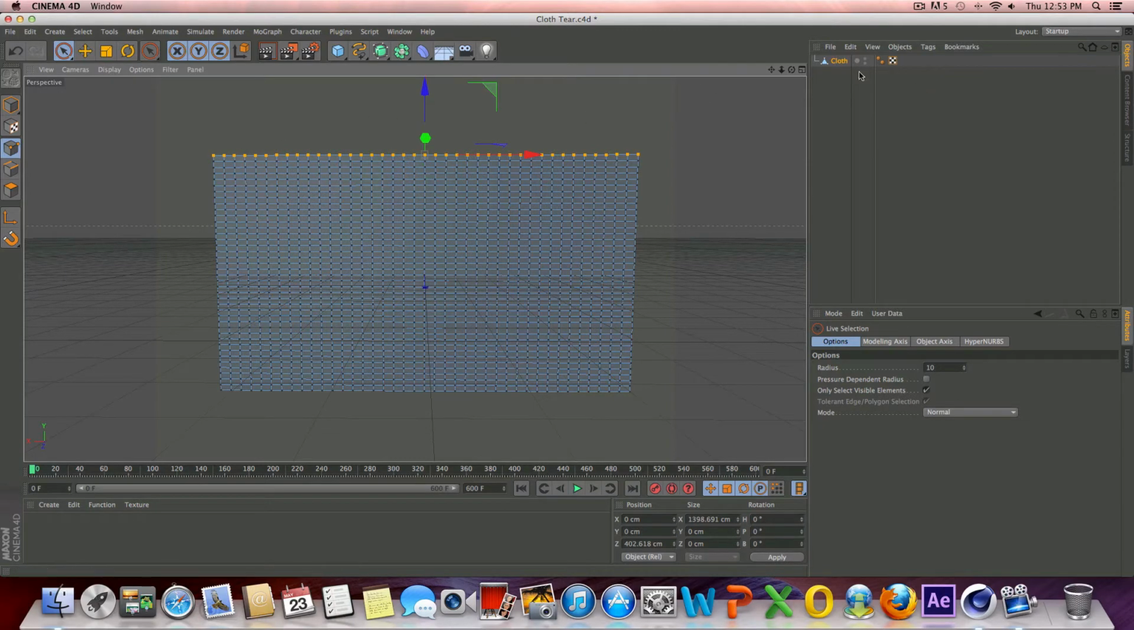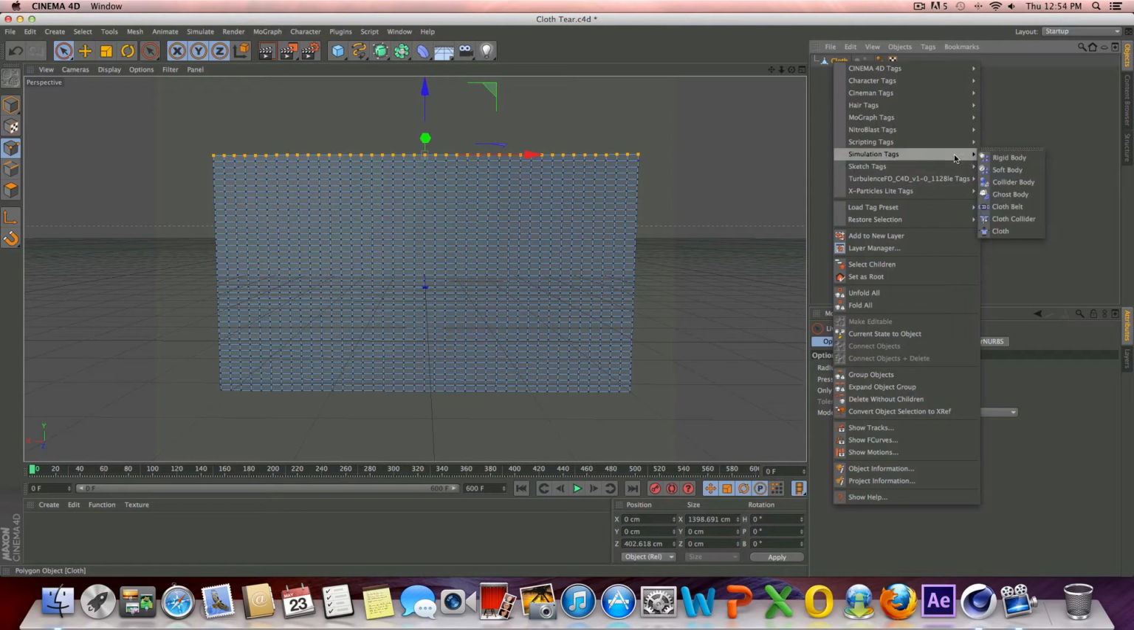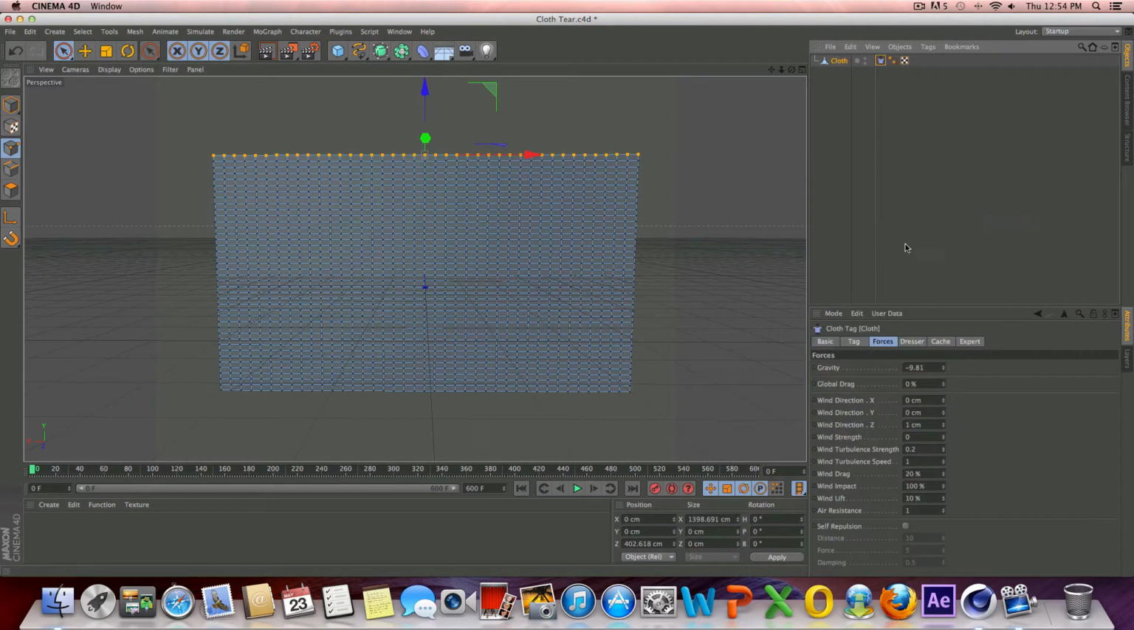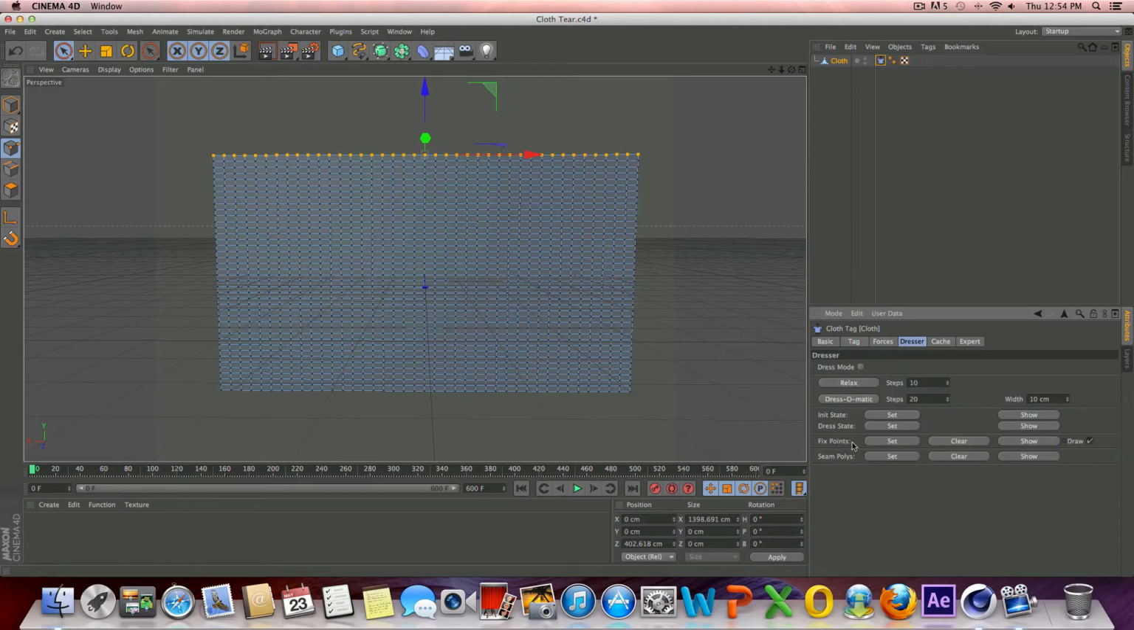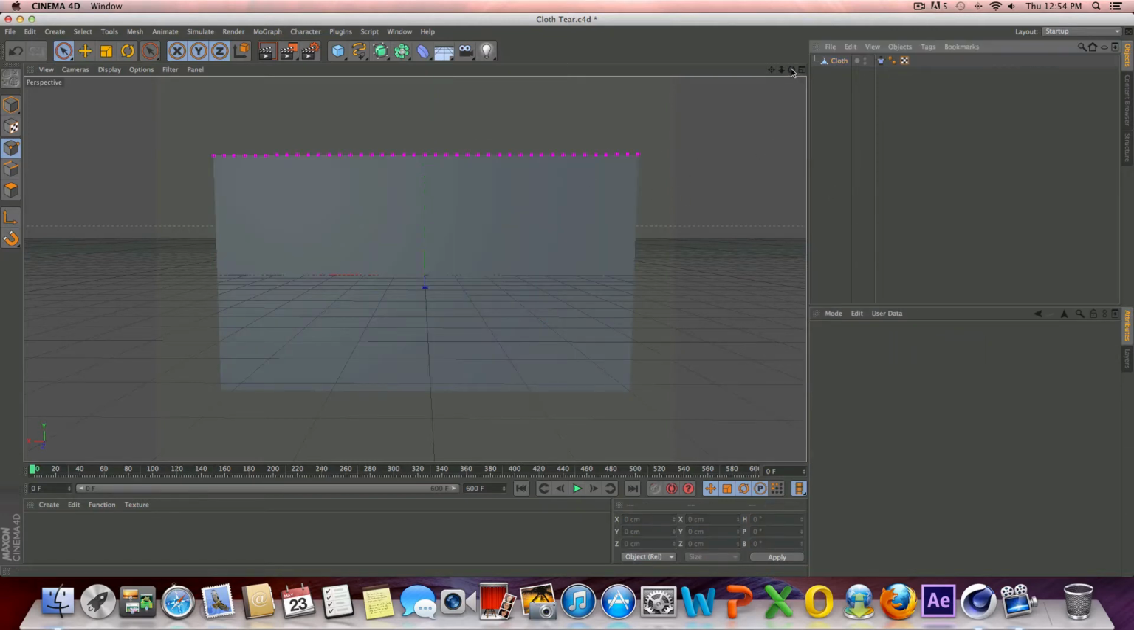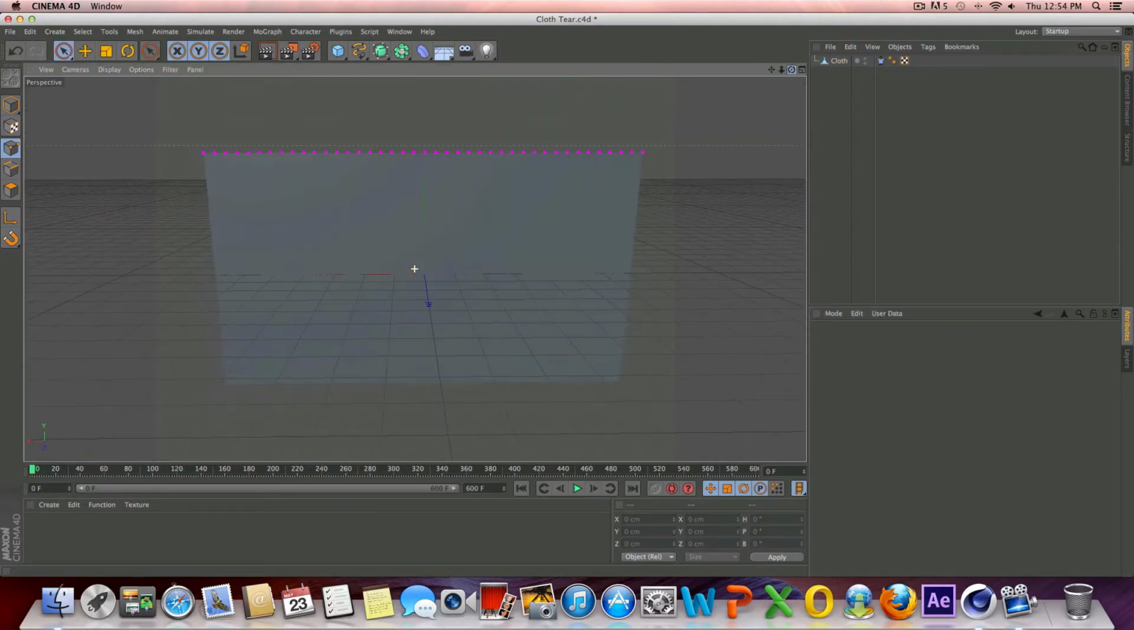Okay, so that's finished. So the very next step here is to right click on our cloth, go to simulation tags, and go to the cloth tag, and then let's go ahead and zero out the gravity here under the forces, and go to the dresser tab, and go to fixed points. With these points all highlighted, hit set. They should turn a purplish pink kind of color, and that indicates that if we go ahead and press play,